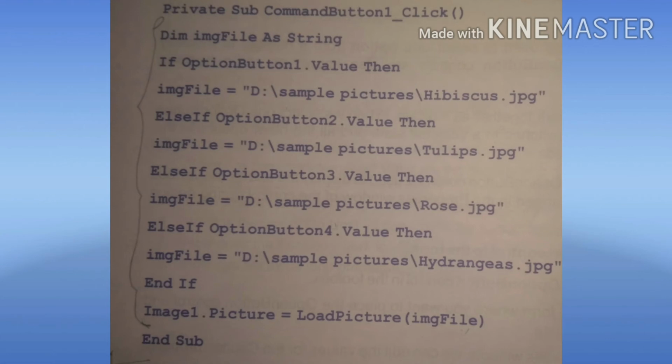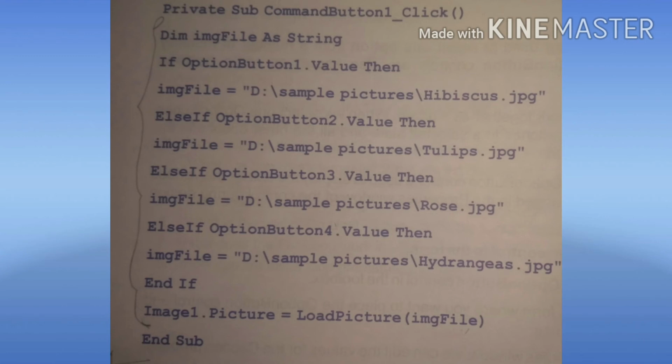Then here we are using four option buttons. So in this program you have to give four commands: option button 1, option button 2, option button 3 and option button 4. For option button 1, we have given hibiscus flower. For option button 2, the option given is tulips. Option button 3 is rose, and for option button 4 it is hydrangeas.